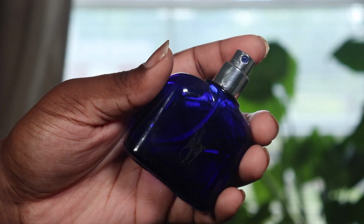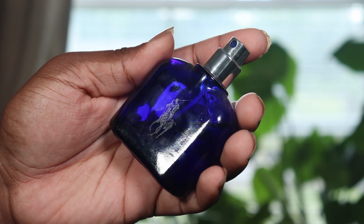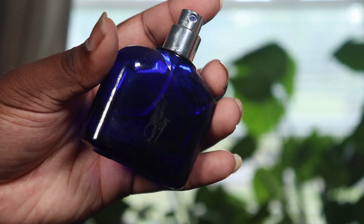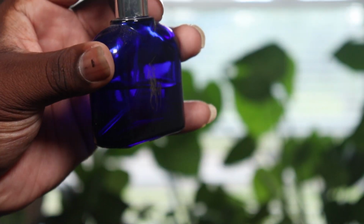Next fragrance I actually didn't buy myself. This was one of my ex's. We weren't really together, but it was like a summer fling. This was his and I stole it, and I honestly haven't really used much of it. I just like it because it's a little bit more of an aquatic fragrance, but this is the Polo Ralph